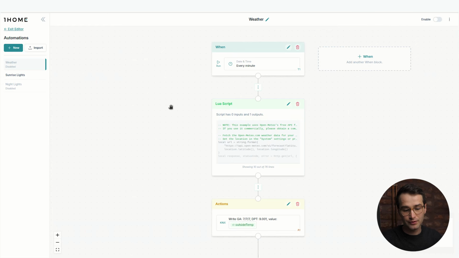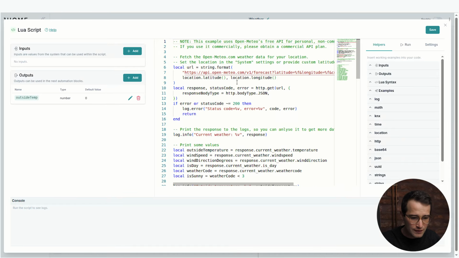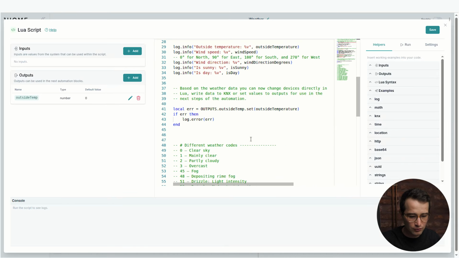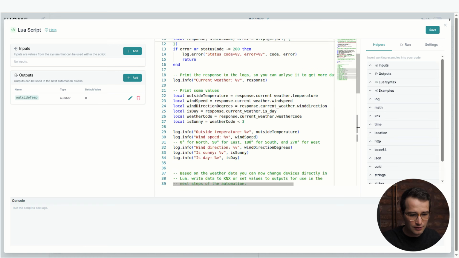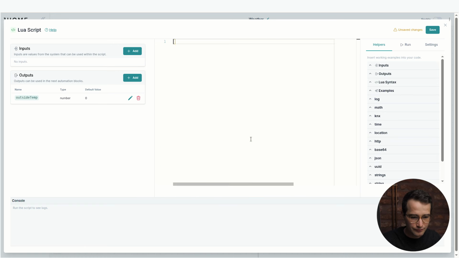If I open up the Lua script, now we see we have all this weather code that we already set up with the template and some corrections, but let's just remove that. And let's see how we could write this same code with ChatGPT. We have to prepare some context for ChatGPT to understand how to do certain things within the Lua scripting in One Home. To do that, we have to create a selection of things that the ChatGPT will be able to use to create this script.